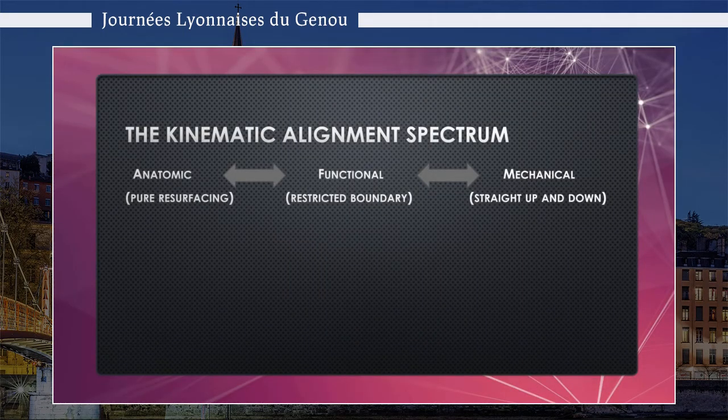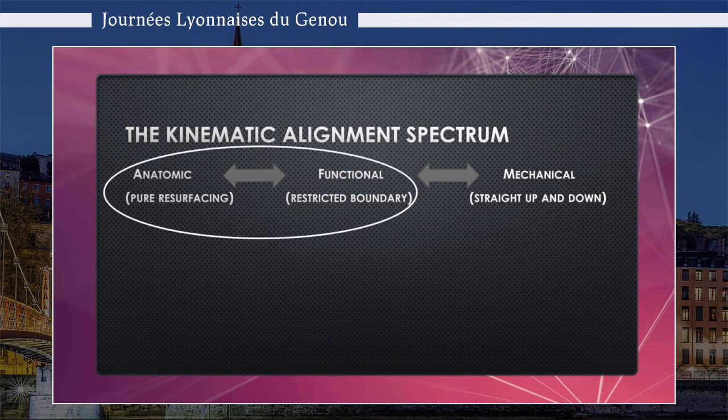And when I think about not just the kinematic alignment, but general alignment spectrum in total knee arthroplasty, I think it would be much easier if surgeons decided that if they're going to do mechanical, then they're aiming for a 0 HKA and not deviating from that. And that if you're going to be doing a pure kinematic resurfacing, it might be better if we describe that as anatomic alignment. And then anything in between, your restricted boundaries, your adjusted mechanical, it'd probably be best if those were termed functionally aligned knees.